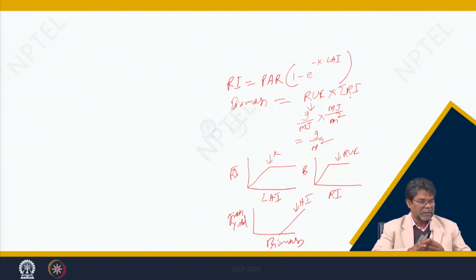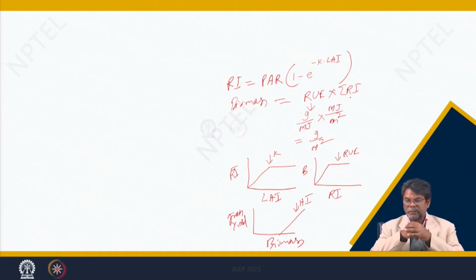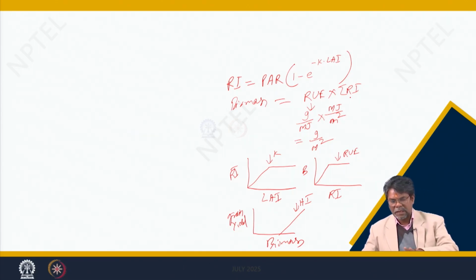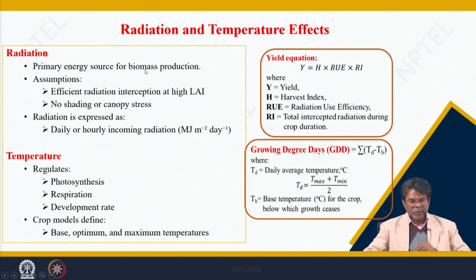So, the higher the leaf area index, the more interception of radiation, and the same with the extinction coefficient k value. There is more interception of radiation with increasing k value and with increasing leaf area index. PR is the photosynthetically active radiation, because when you talk about radiation interception, that is photosynthetically active radiation. PR at the top of the canopy and PR into e to the minus k into LAI is at the bottom of the canopy. So, the difference of the PR at the top of the canopy and PR at the bottom of the canopy is the radiation interception. So, this is the role of radiation.